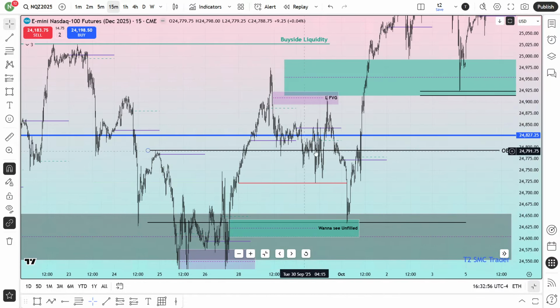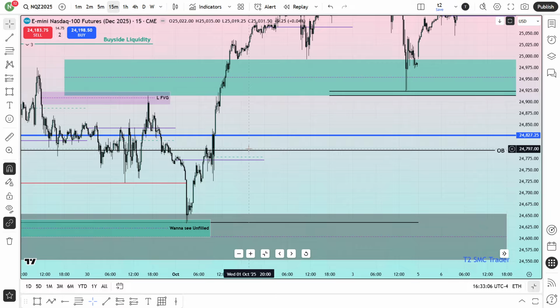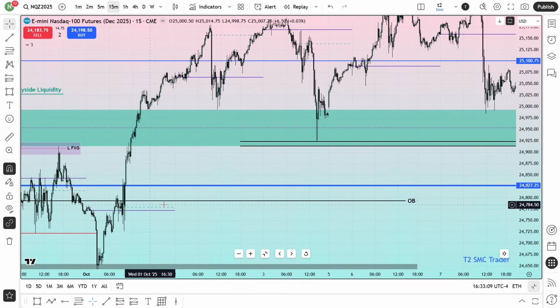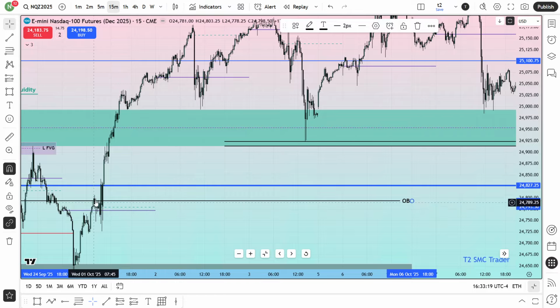After trading this order block from the daily chart. Remember that the daily order block is over here around this area. This is that daily order block line over here. Look, this order block didn't align with any kind of fair value gap. There is no fair value gap. Do you see any fair value gap over here? This daily order block didn't align with any kind of bullish fair value gap.